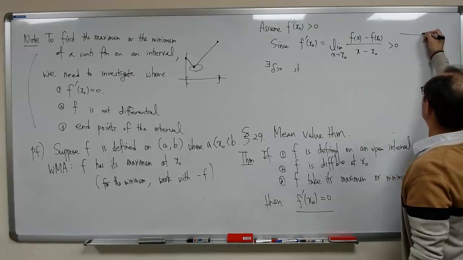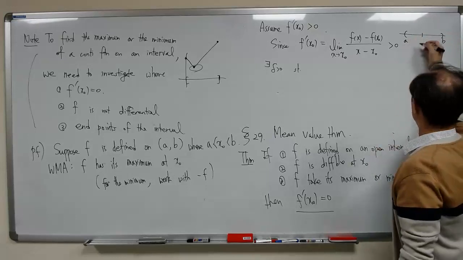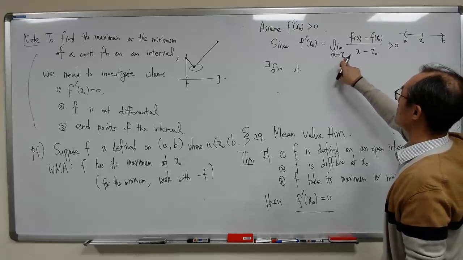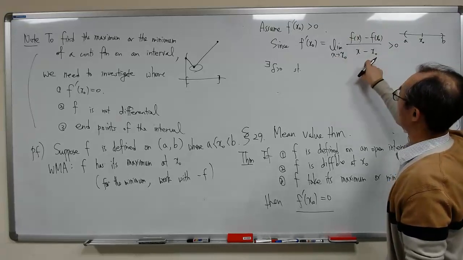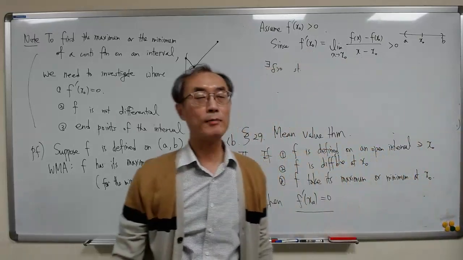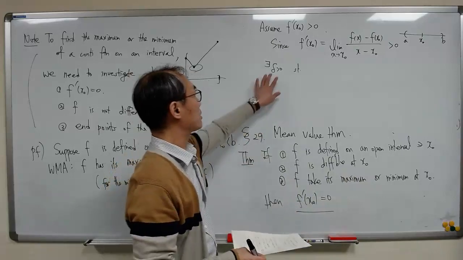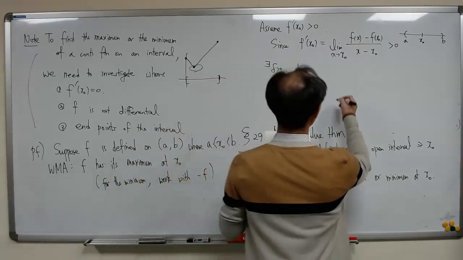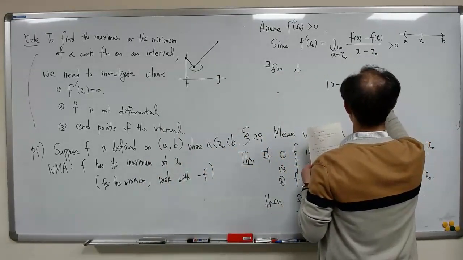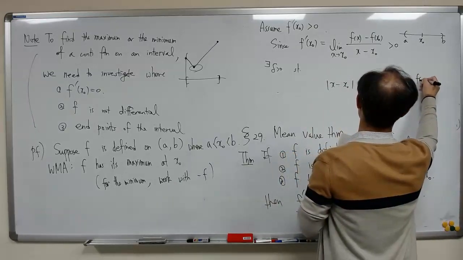Here, in an open interval from a to b, we have a point of interest x naught. When you take the limit as x tends to x naught, this expression converges to a positive constant, f prime at x naught. Since it is positive, we can choose a small delta such that if x minus x naught, this difference, is smaller than delta, that implies our expression f of x minus f of x naught